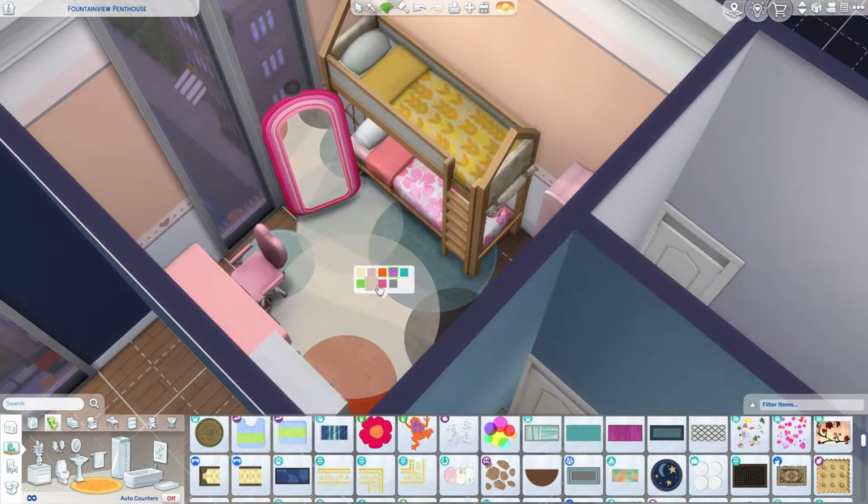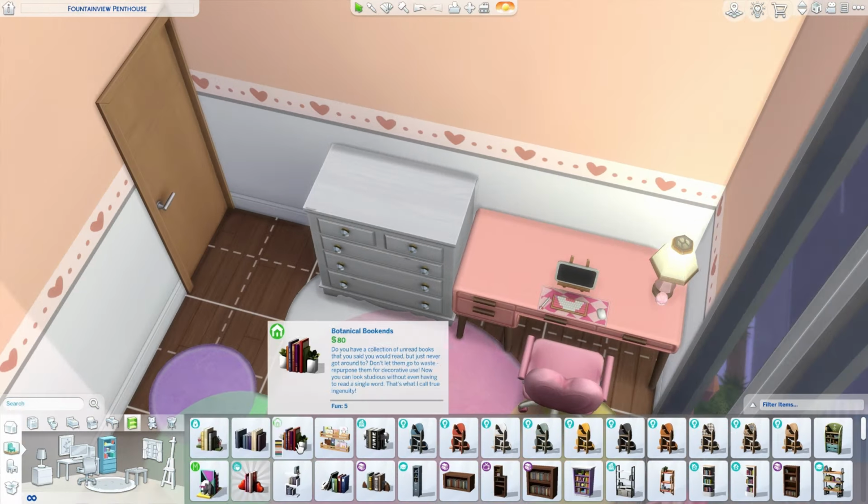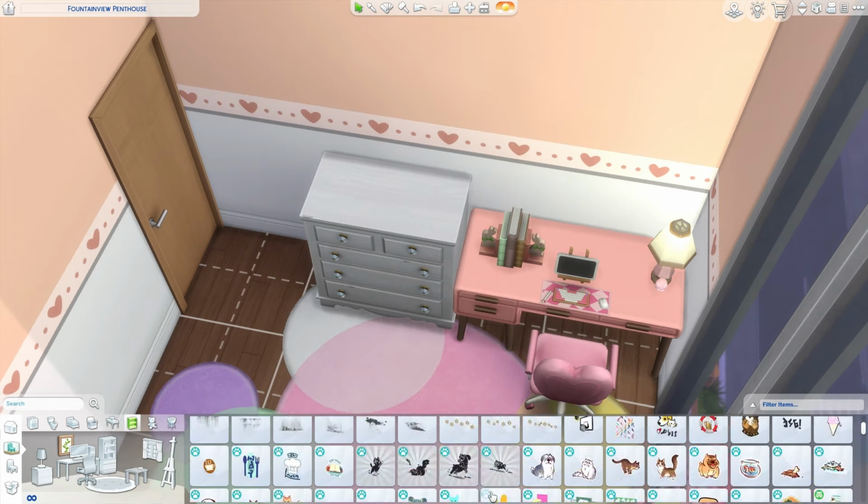But yeah, I just think this room is adorable. I love how this turned out. I did use the desk from Love Struck, which I think is adorable. I also had this little bunny bookcase thing,